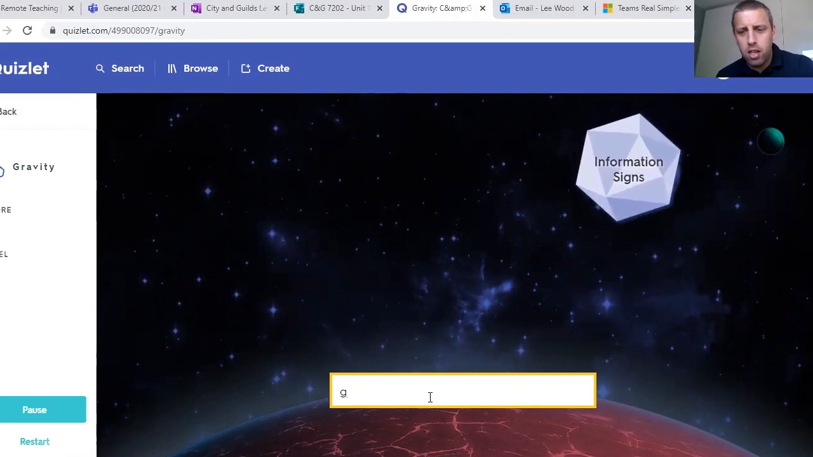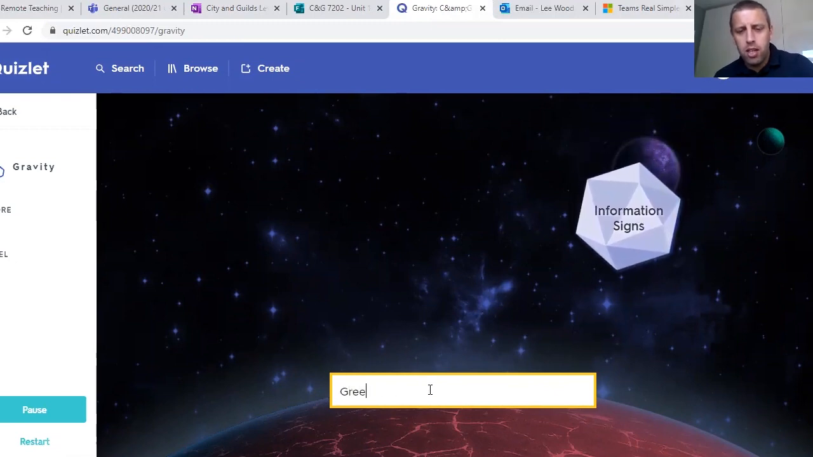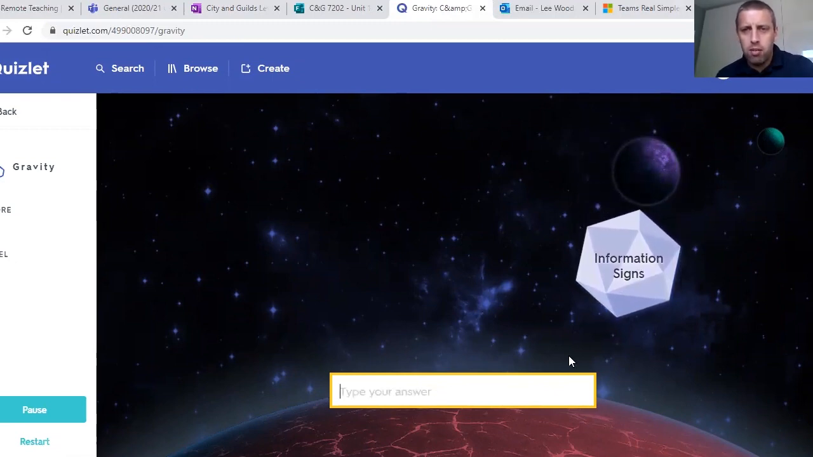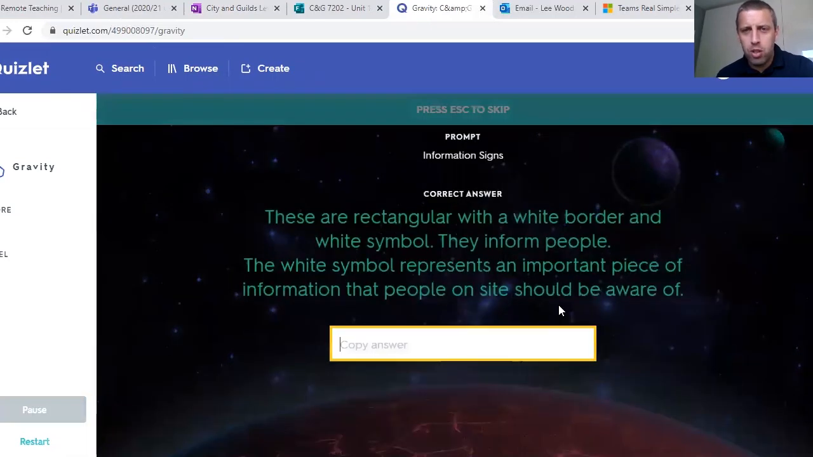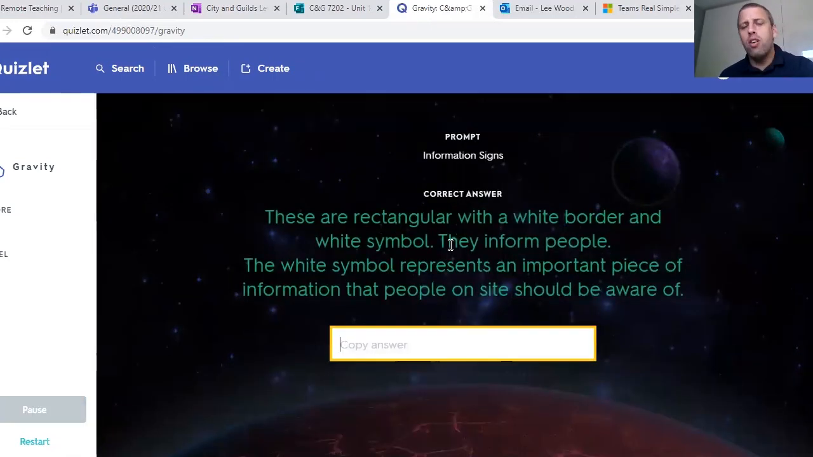Information's green. No. Press escape to quit. Rectangle. So there's a lot. That one wasn't the best one to show you, but you get the impression there's games that they can